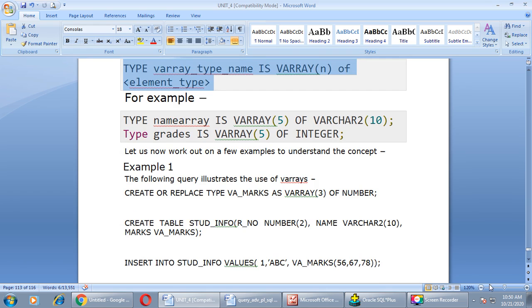Let us now work out a few examples to understand the concept very clearly, right? First example, this query illustrates the use of VArray. Create or replace type VA marks. Here we want to define a variable with name VA marks of number type, okay, and the maximum length is 3. One more variable with name student info